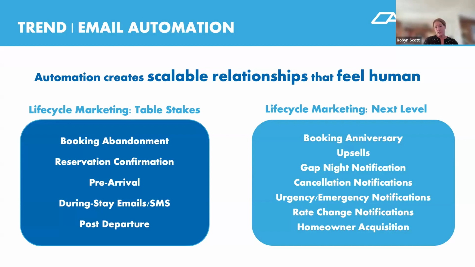And then homeowner acquisition automations for sure, basically building a pipeline. Some of you are using sophisticated CRMs, which can do this, which I totally encourage, but there are pretty simple ways to do it, such as getting absentee owner data out of the MLS and starting to feed this automation, which might be 3 to 4 touch point emails with your value proposition, why join our program, and the benefits of joining our program. Then you just continually pump that automation full of new potential owners and manage that pipeline as you do it. We spend a lot of time talking about owner acquisition and building that into your marketing strategy.